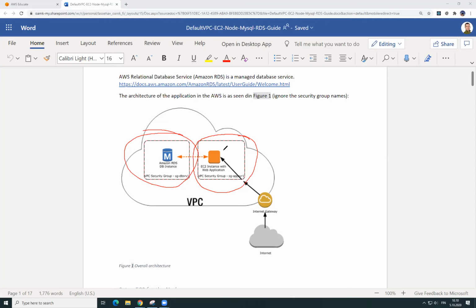And again, this would be possible by creating a new EC2 instance and then installing the MySQL server there. But we will be using a service called Amazon RDS, Relational Database Service, which is an Amazon hosted